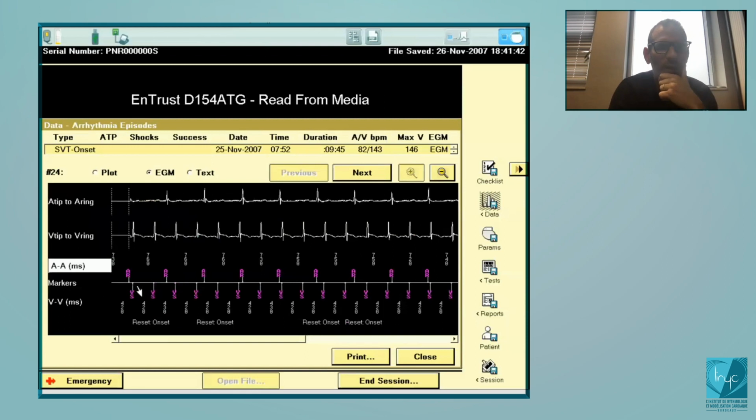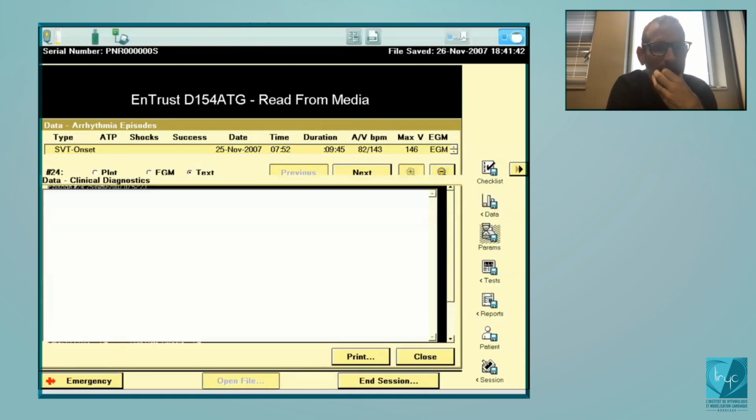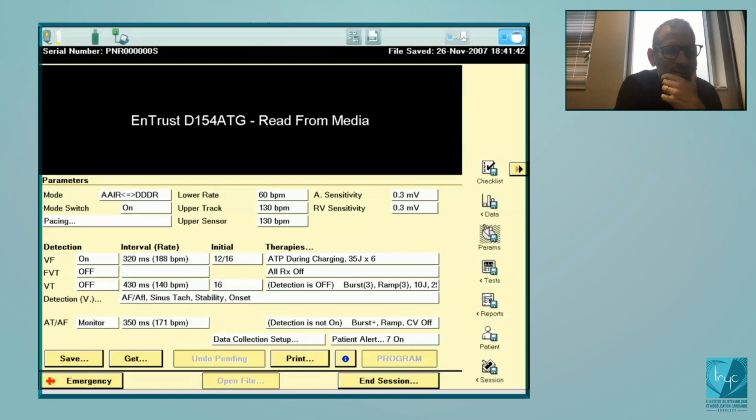Okay, now if you go to the EGM, you see clearly that's a VT, but every time it will write reset onset, reset onset, reset onset, because there is no sudden onset. So now if you click on the parameter, yes, on the parameter and the discrimination,